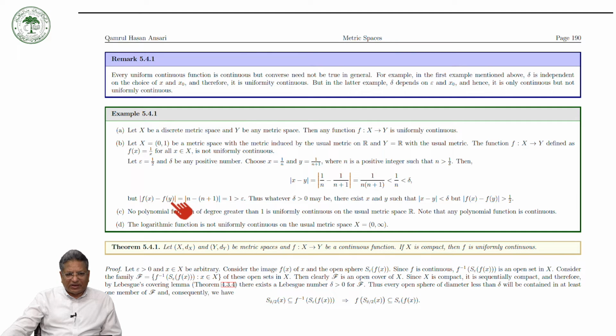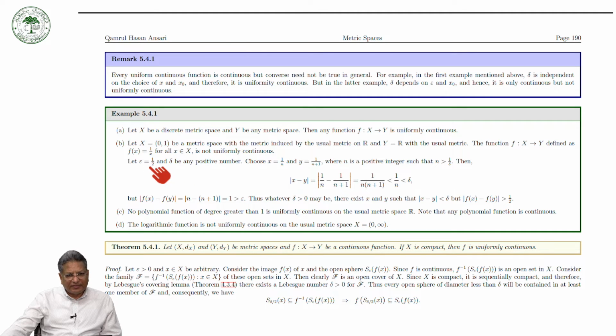that f of x minus f of y is equal to, because x is equal to 1 over n and f of x is equal to 1 over x, so f of x when x is equal to 1 over n is equal to n, and similarly when y is equal to 1 over n plus 1, f of y is equal to n plus 1. So the difference is equal to 1, but this is greater than epsilon, because we are choosing epsilon